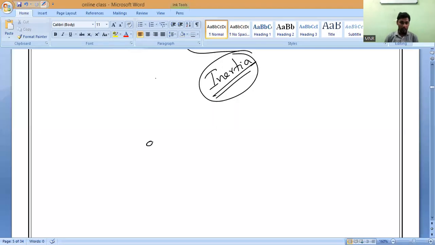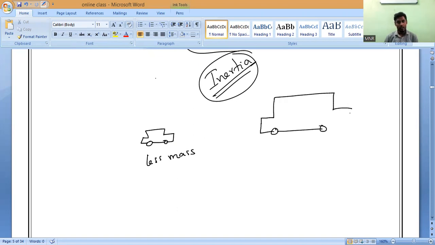Original car has high mass, sir. Very good, Reddy. That is the point I want. If you take the toy car, it is very small in size, so it has very little mass. Yes or no, guys? Less mass. Now, if I take the big car, a real car, what is happening? It has a very, very high mass. Now, if I try to push this car,